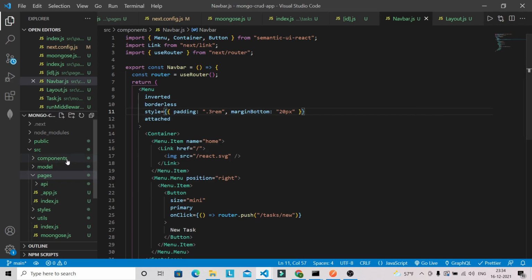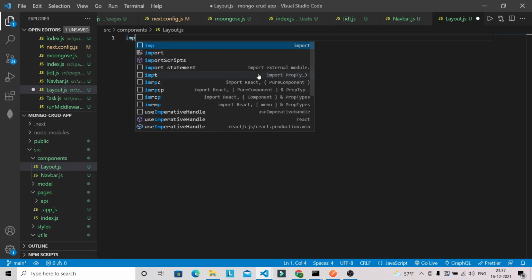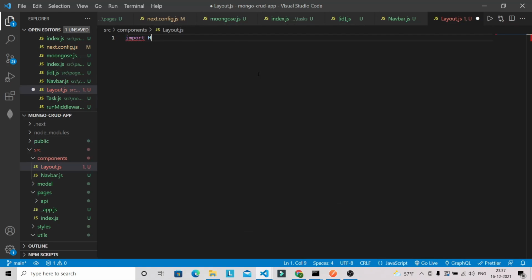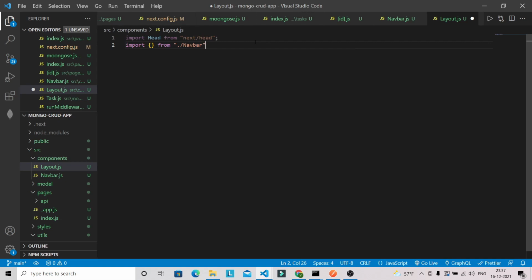Now let's go to the layout.js file, and here we need to bring Head from Next. Okay, and we need to bring that Navbar component here in our layout file. Then we can export this Layout.